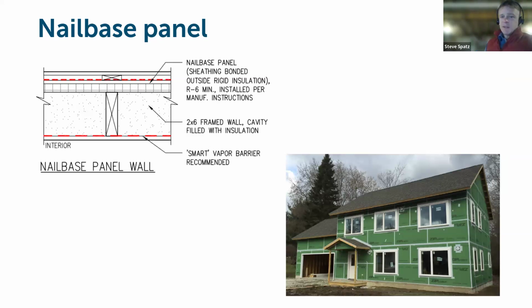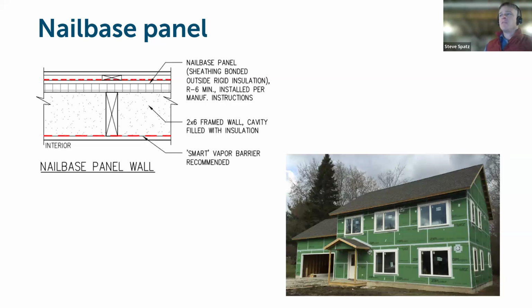As an alternative to this, and what we're seeing more of in use these days, is nail-based panels of continuous insulation sheathing. So the ZIP R-sheathing, where you have an exterior structural sheathing layer that's bonded to a thickness of insulation behind it. And the intent here being that you can still sheathe the wall structurally as you normally would, and you get a continuous layer of insulation behind that. So there are differences in thicknesses and R values of these panels available, and then other considerations to take into account for what you put into the cavity behind it. These would be considered